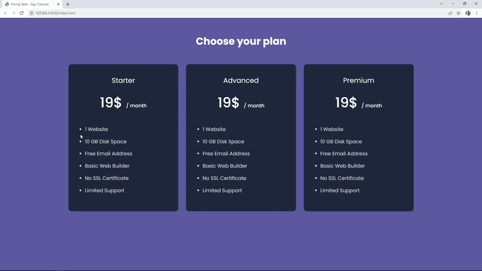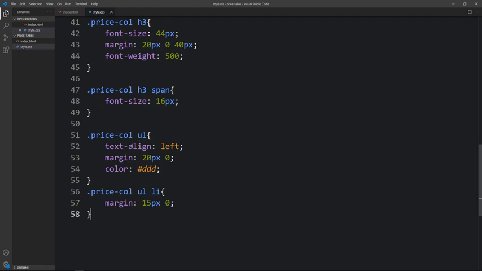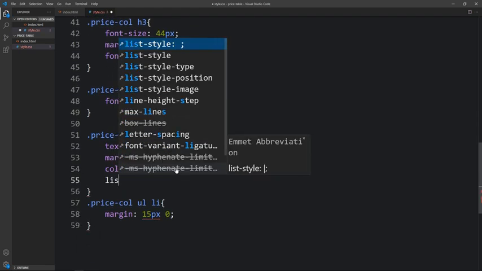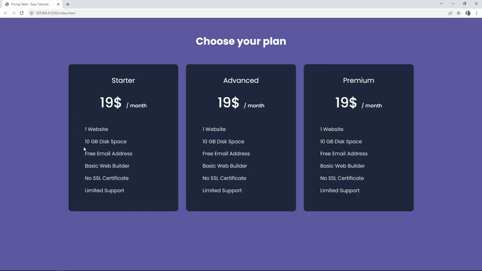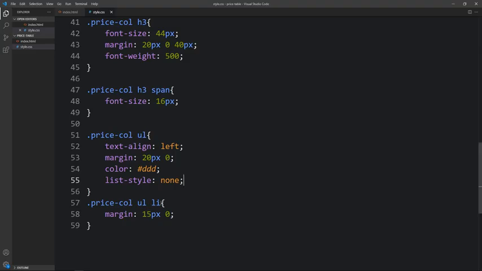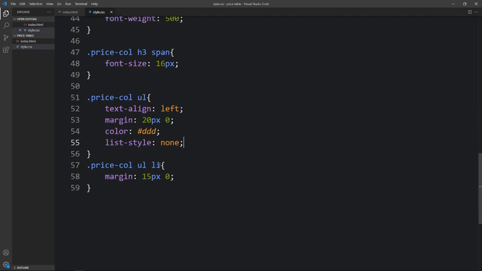So first we will remove this automatic bullet and we will create it by CSS. So let's come back, and here we have the UL. So in this one we will add list style none, so it will be hidden, you can't see the bullets. Now we will create it using CSS. So let's come back, and here we will add this one,